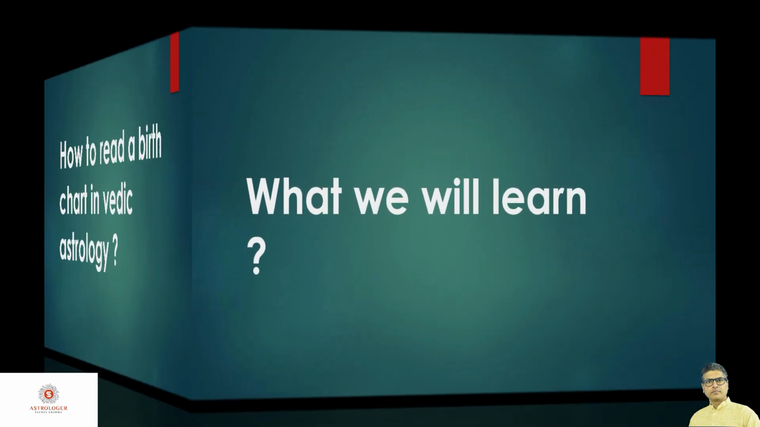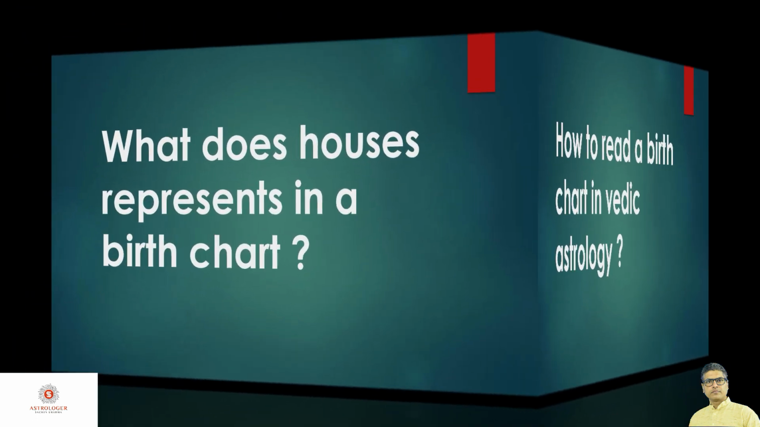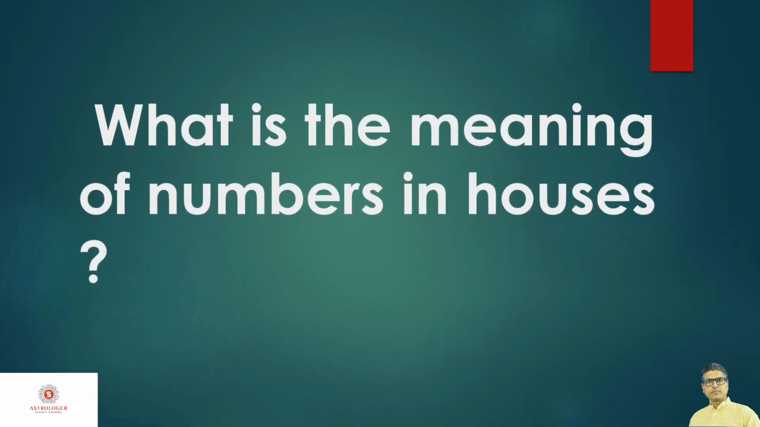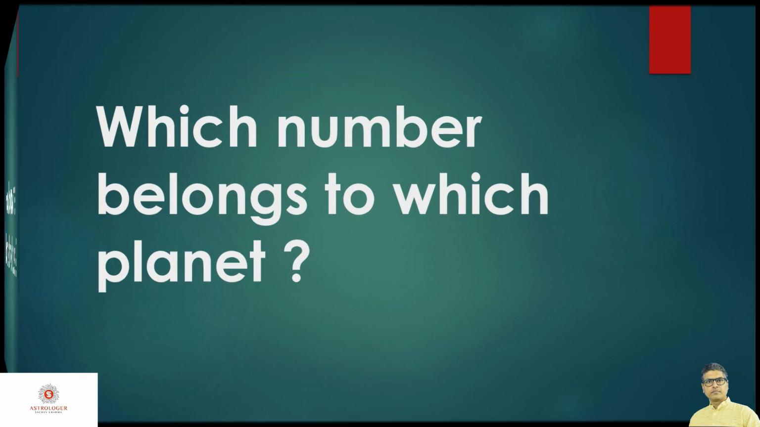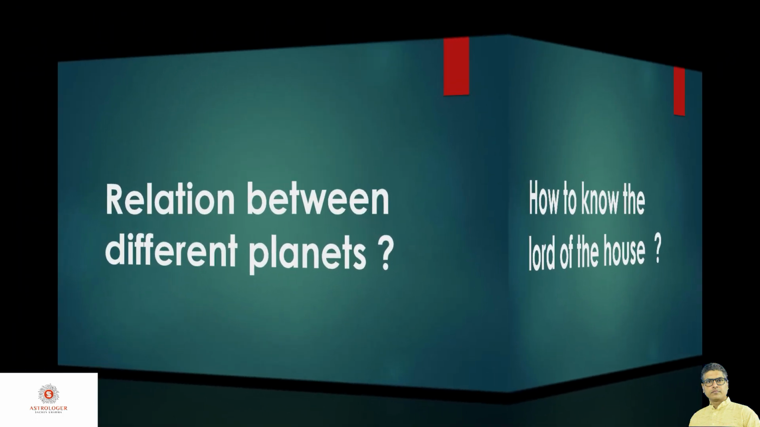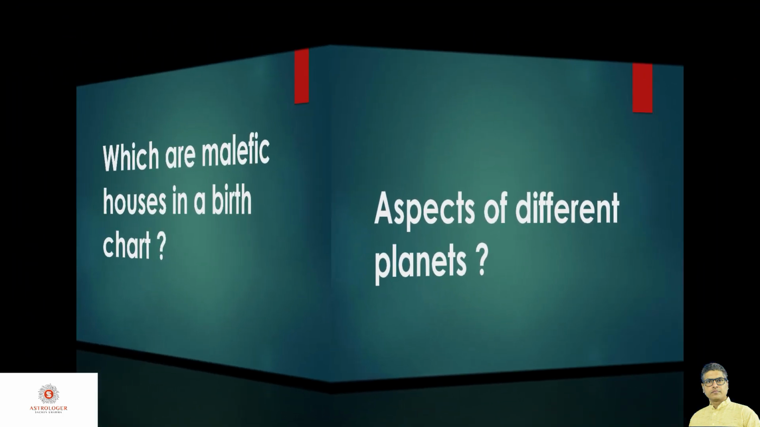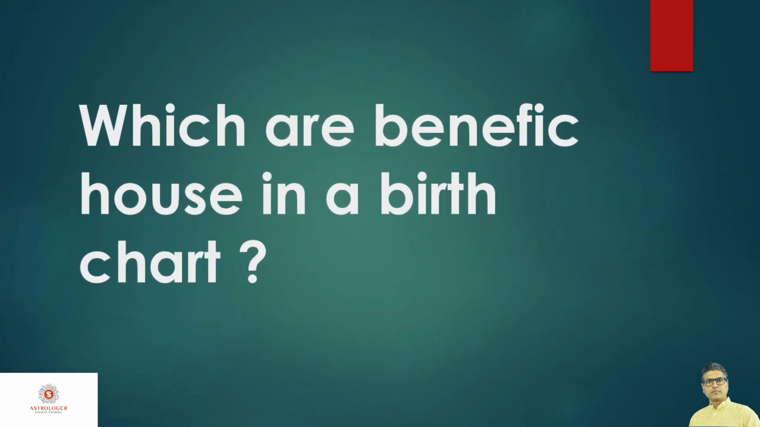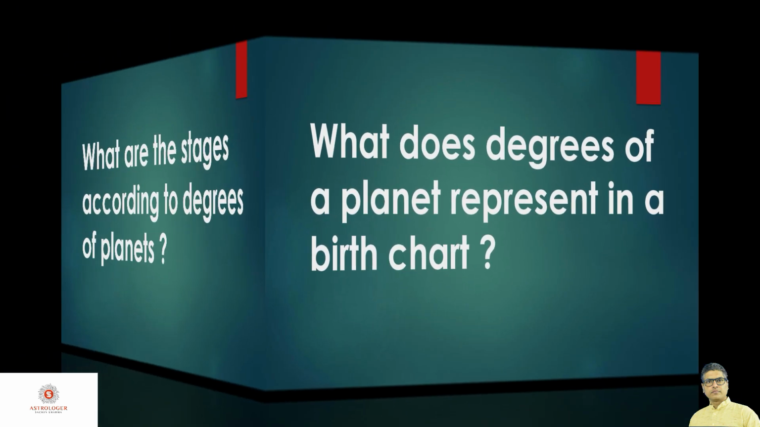We will learn how to read a birth chart in Vedic astrology, what houses represent in a birth chart, what is the meaning of numbers in houses, which number belongs to which planet, how to know the lord of the house, the relation between different planets, aspects of different planets, which are malefic houses in a birth chart, which are benefic houses in a birth chart, what degrees of a planet represent in a birth chart,